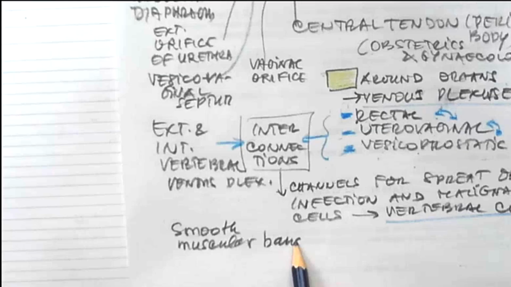Then the second one, another red, descending from the rectal wall to the vesica, to the bladder, and this is that band. We call it rectovesical